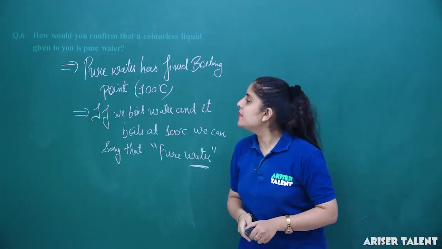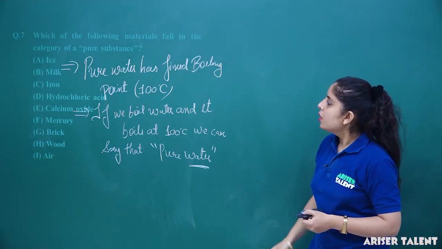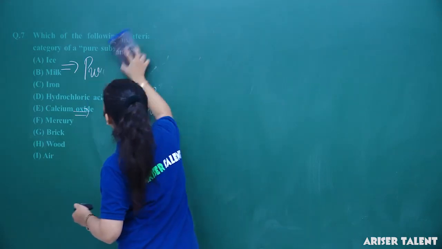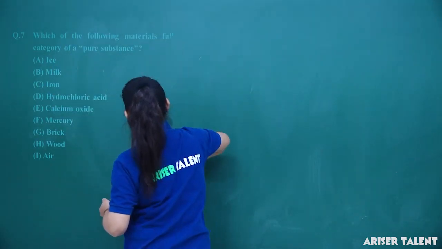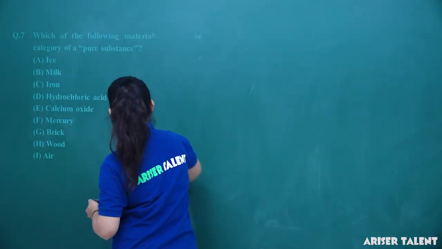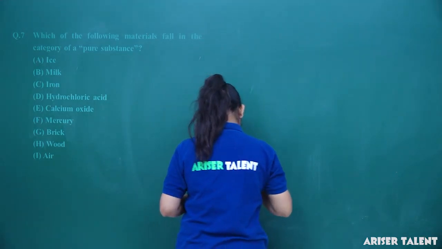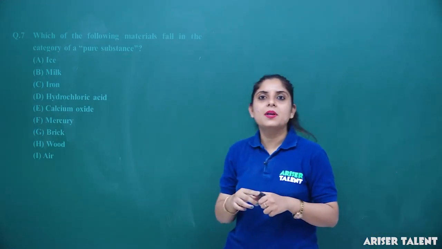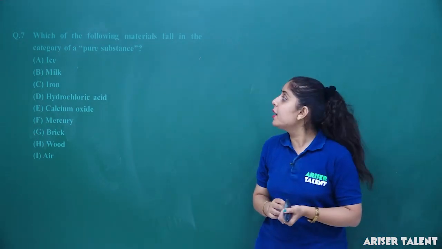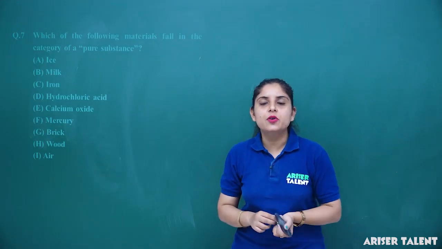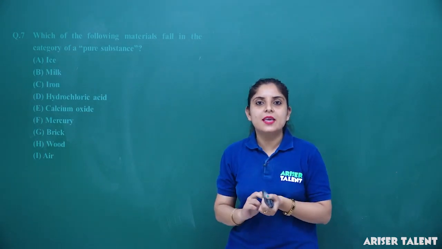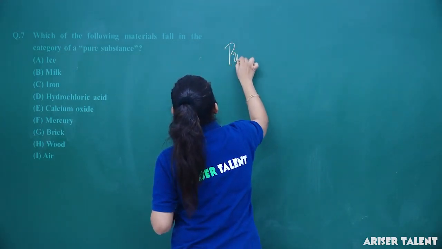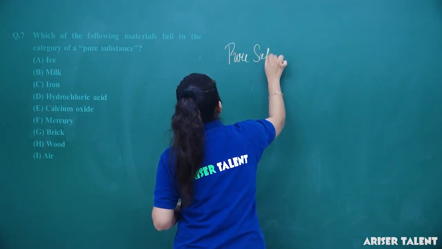Let's move to question number 7 here. Which of the following materials fall in the category of the pure substance? Now the pure substance is the one which is made up of the same kind of particles. So if I am talking about ice, it is actually a pure substance because it consists of the same water particles. So I can say the category in the pure substance are